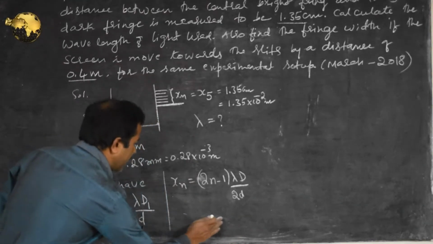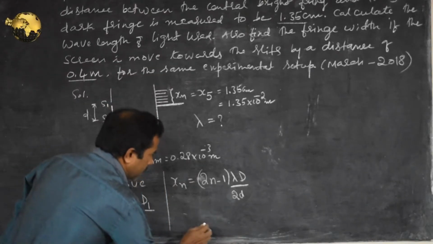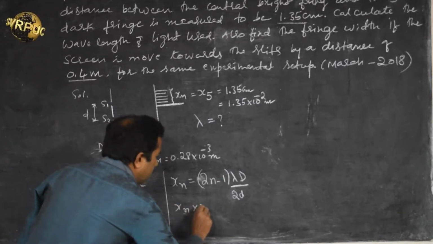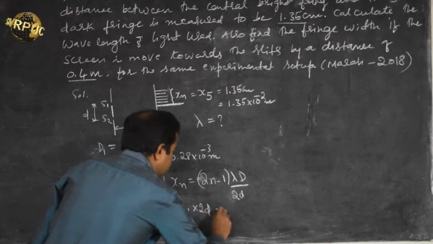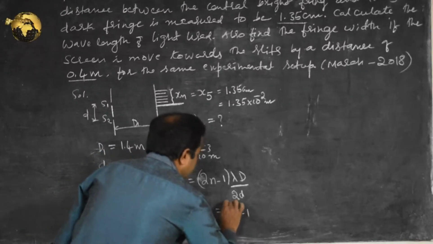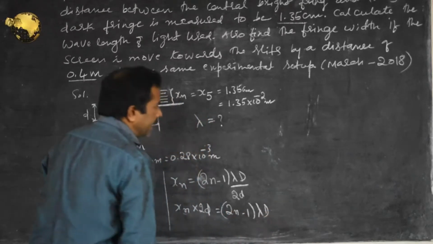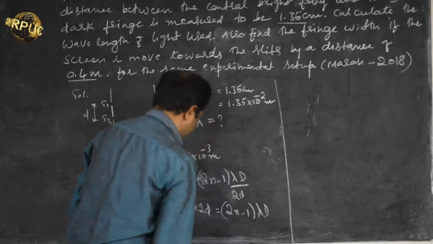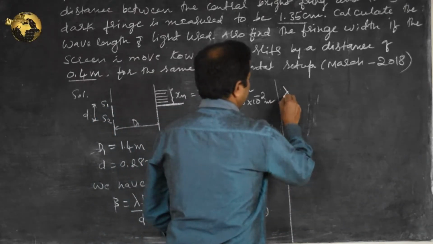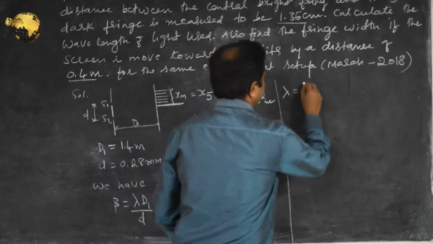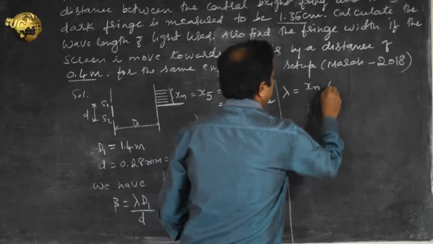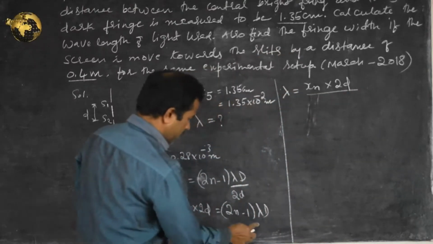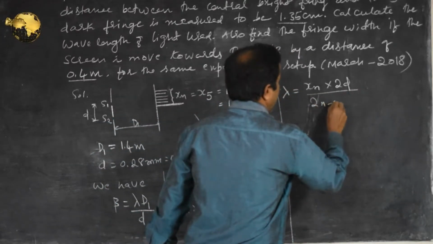Let us take the cross multiplication: xn into 2d is equal to (2n minus 1) into lambda. So we have to calculate lambda, therefore lambda is equal to xn into 2d divided by (2n minus 1)